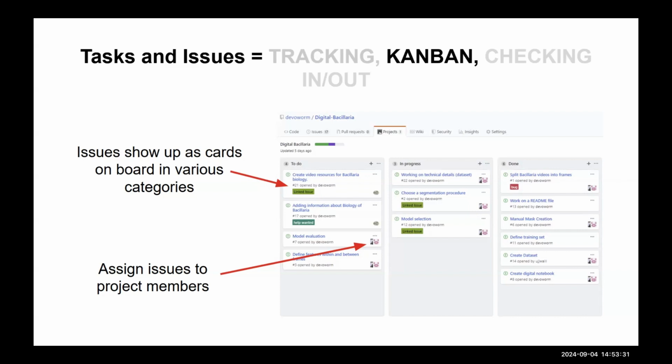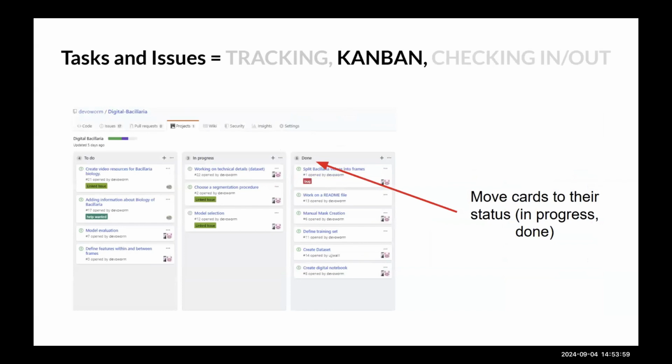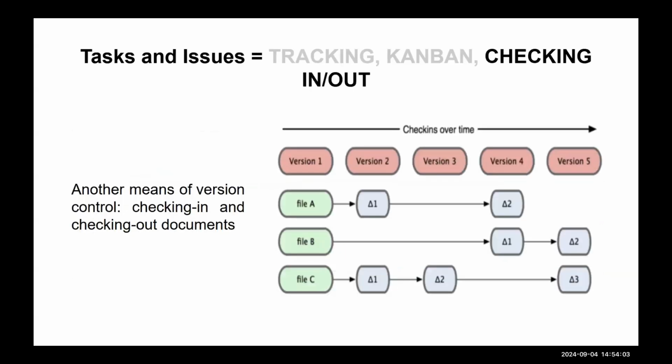You can also assign issues to members so you can hold people accountable. You can say, oh, yes, one of our project members wanted to do issue 7. So I'm going to assign that to them. They're going to get the messages. They're going to be in the loop. They're going to be responsible when we have a meeting. Okay, whatever happened to issue 7? That person needs to be contacted because that's their responsibility. So you can actually automate a lot of this accountability. You can move cards around the board to track the progress and their status.